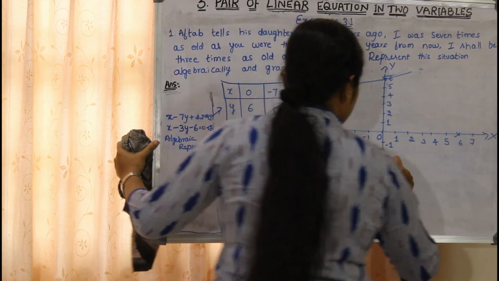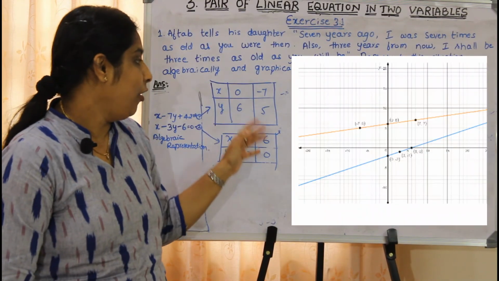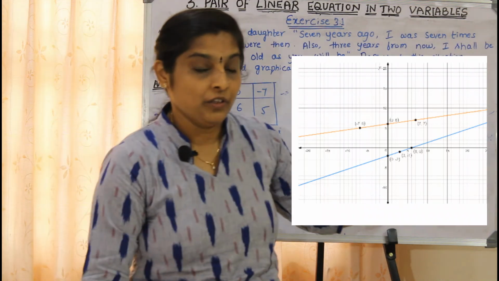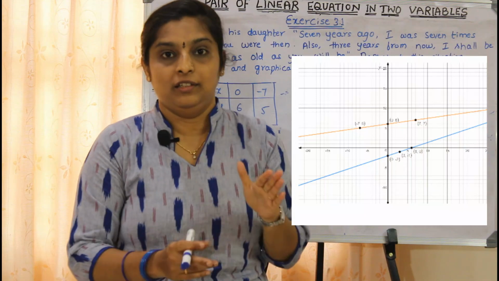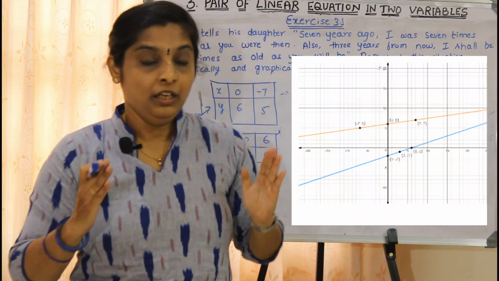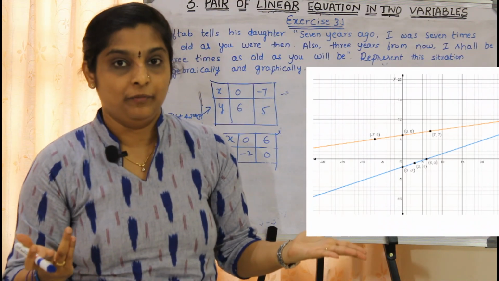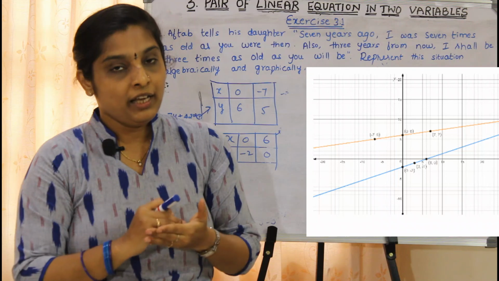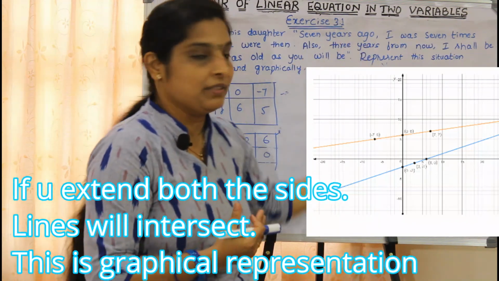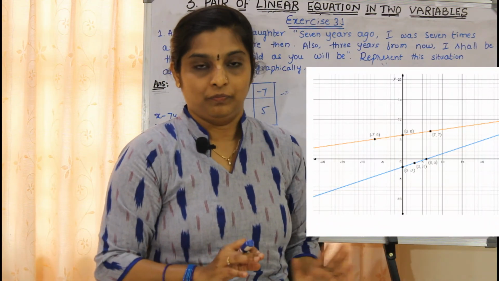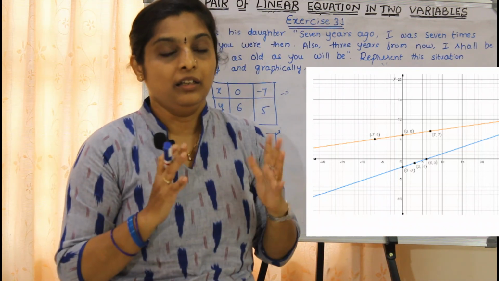So second equation will be like this. If you plot these two lines on the graph, they don't meet here, but they are neither parallel nor coincident. But if you observe carefully, if you extend both the lines, they will meet at a point somewhere. So they are actually intersecting lines. Later on they will intersect. So anyhow we have represented them graphically also. This is the graphical representation. Please write this down and draw the graph also.